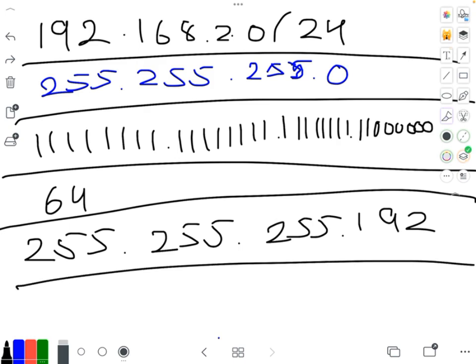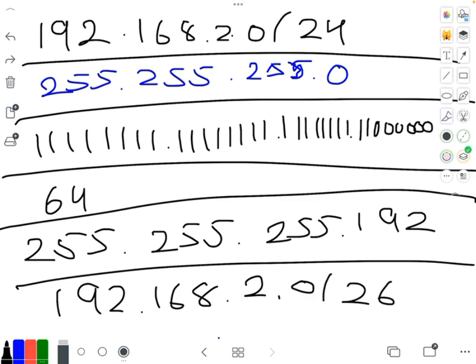255.255.255.192, and our new network address is going to be 192.168.2.0/26. As you can see from the difference here, it went from a /24 to a /26, and we have changed our subnet mask. So now let's get into the hosts. Since 64 is our magic number,